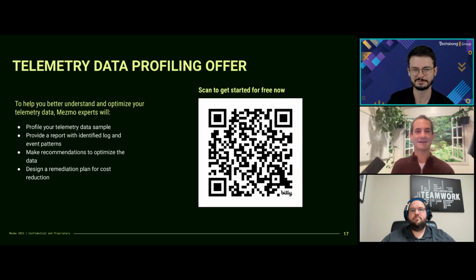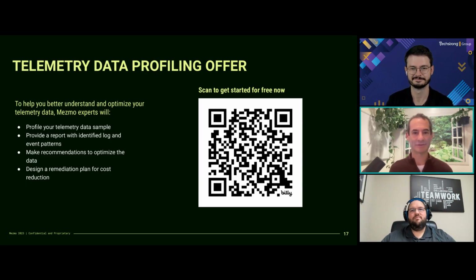Sure. The key point again is, knowledge is power. It doesn't matter what tools or processes or people you have. If you don't know what you're dealing with, you're just stabbing in the dark on how to improve things. And we've seen repeatedly where teams we're working with are suddenly told, hey, you need to cut the data that you're able to store and use for searching and doing your jobs in half. And the sad result usually is, they get half of everything, which means they still have the full